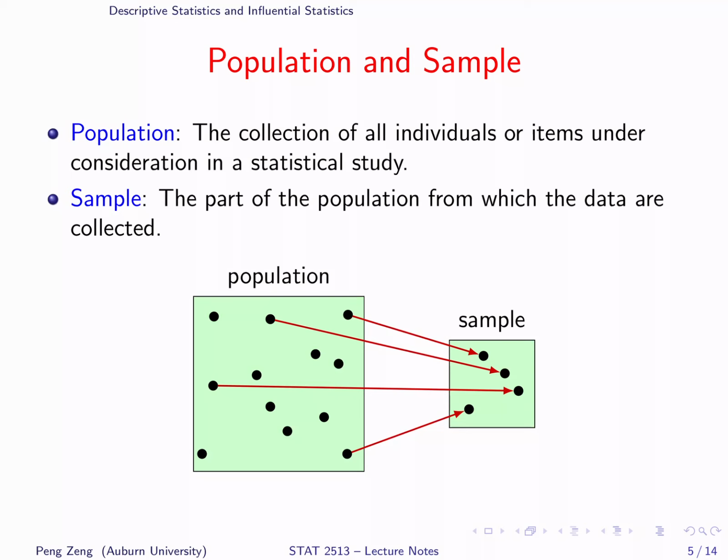In practice, we always want to get information directly from the whole population. However, it is usually too expensive and time-consuming. Therefore, what we can do is to take a sample, or a portion of the whole population. If this sample is well chosen, the knowledge we get based on the sample is very close to that from the whole population.